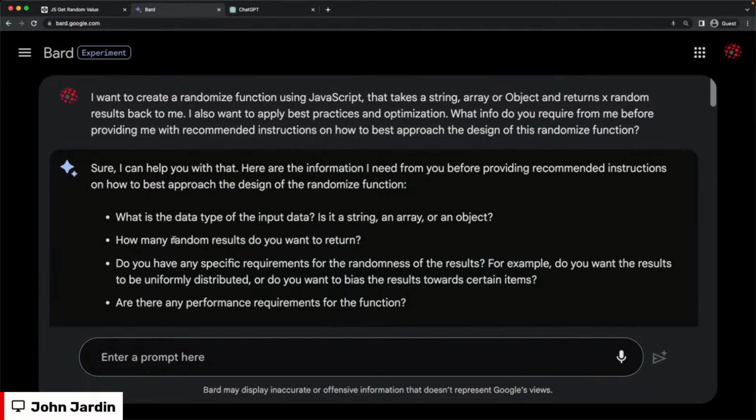One of the reasons why I use Google Bard versus GPT is because while GPT understands what you're asking a lot better and provides detailed outputs that I'm very, very fond of, GPT's knowledge base sort of ends at September 2021. So if I want to now ask GPT to provide me best practices based on JavaScript standards at the end of 2022, I don't know if GPT is going to give me what I'm looking for. Whereas Google Bard